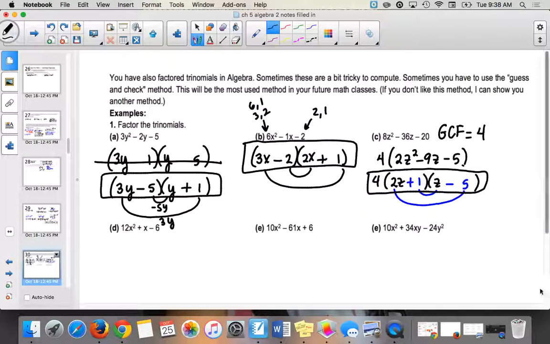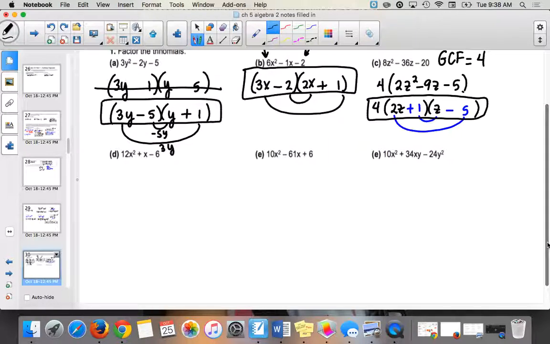All right, next one. Do I have a GCF? No, because I have that 1x, right? So my possibilities for 12, I have lots of them. I have 1 and 12, I have 2 and 6, I have 3 and 4. So I would probably pick the 3 and the 4. All right, and then 6, I have lots of things. I have 1 and 6, I have 2 and 3. Okay, so if I start out with 3 and 4, there's only 2 possibilities that can go with the 3